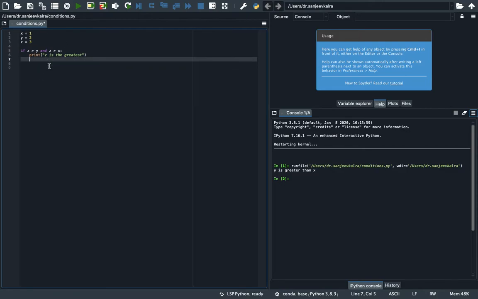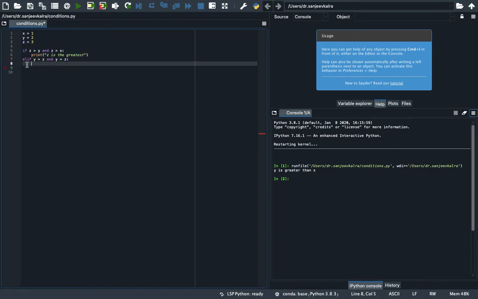So what we will do here, we use elif statement. Elif statement is used when there are more than one possibilities. Elif y is greater than z and y is greater than x. So in this line we defined that if y is greater than z and y is greater than x, so what should happen?